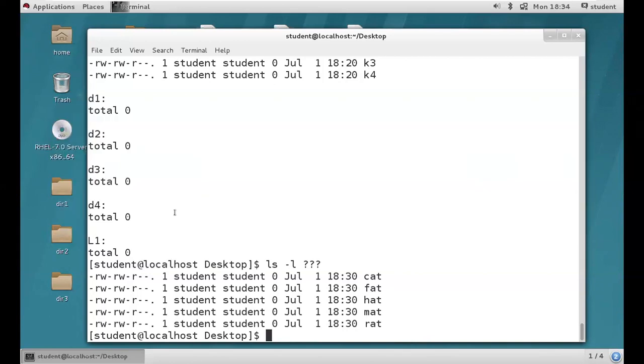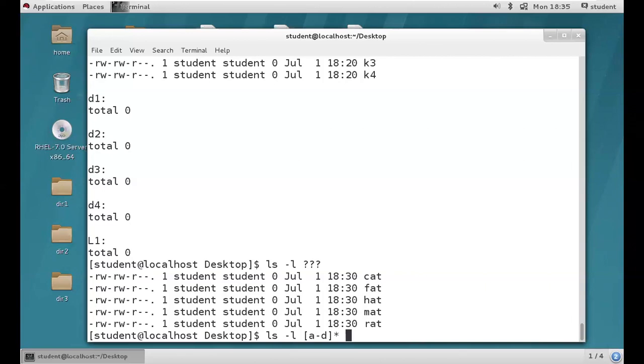Good. So ls -l, open the brackets, A to D, close the brackets and star. It will print files starting with letter A, B, C, and D. Like this you can give ranges: A to D, 1 to 10, 20 to 100.